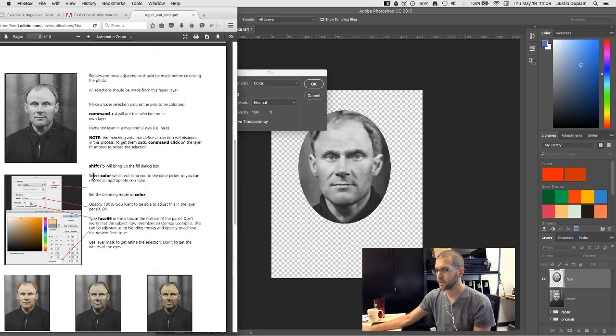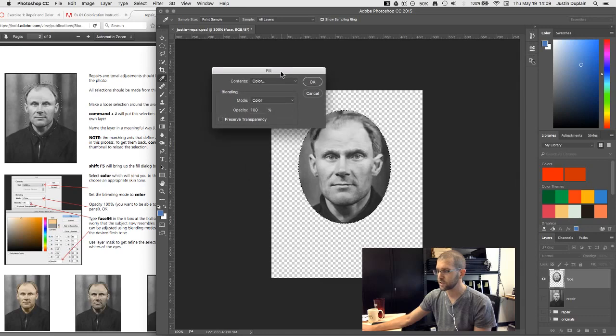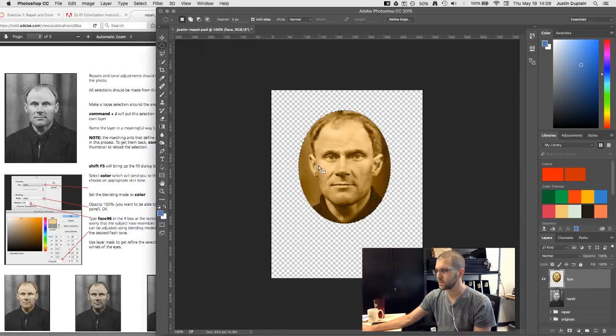And then we're going to change the blending mode to color. So instead of this being at normal, we're going to scroll down and select color. And so what it's going to do is fill this area with color on a color blending mode. And I'll show you in a little bit more detail how that's going to work. And it says to keep the opacity at 100% and press OK. So we did that. So notice it has filled the area that I had selected with this color as a